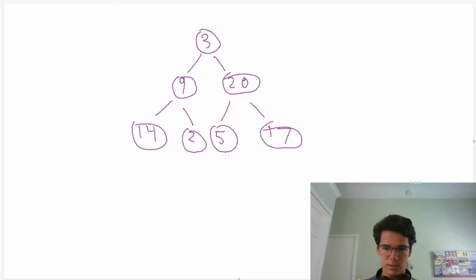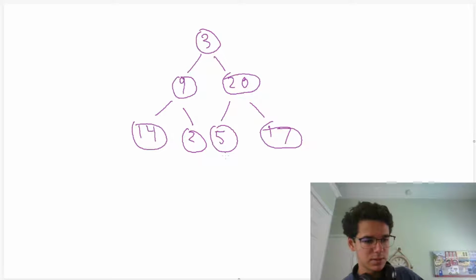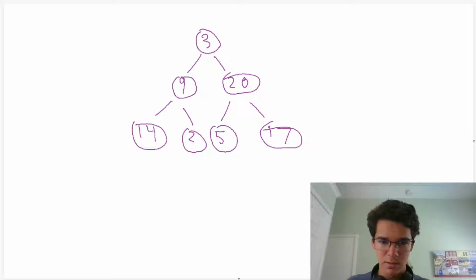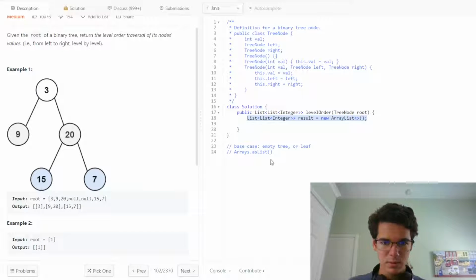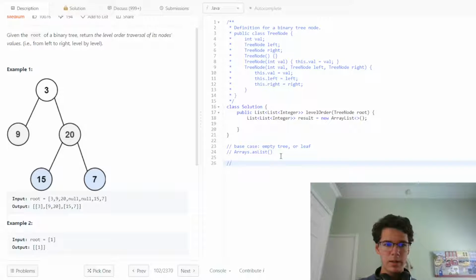So something we could do is, yeah, that might work. What I'm thinking of, which I'm sure there's a better way of doing this, I'm going to switch over to the LeetCode window just so we can see the notes. As we go down, we're going to take a top-down approach. We're going to create a separate function that keeps track of level, and we're going to add nodes of the same level to